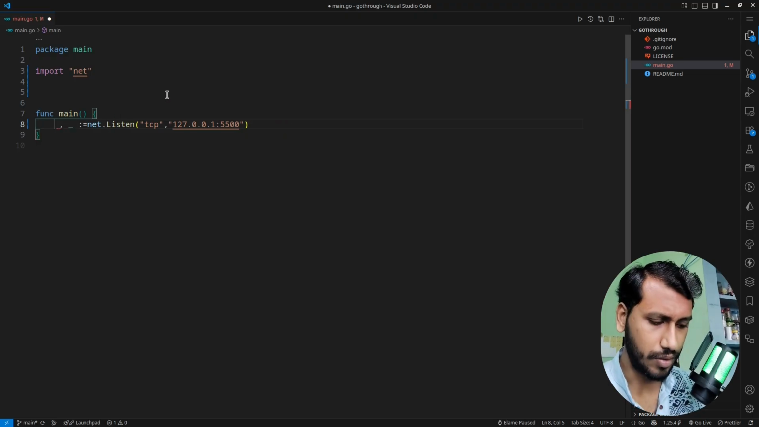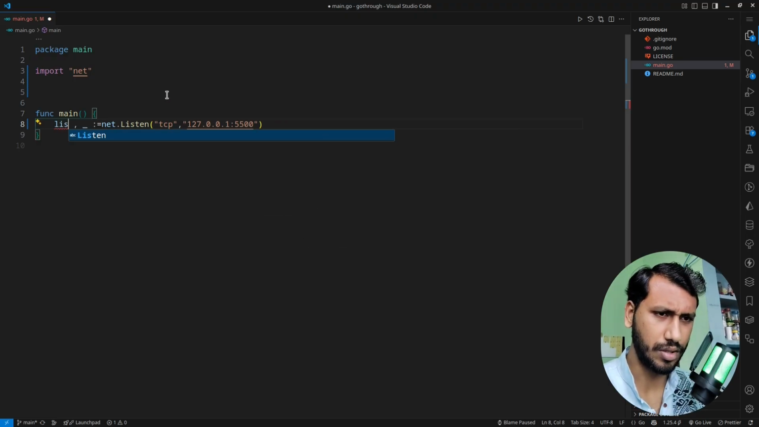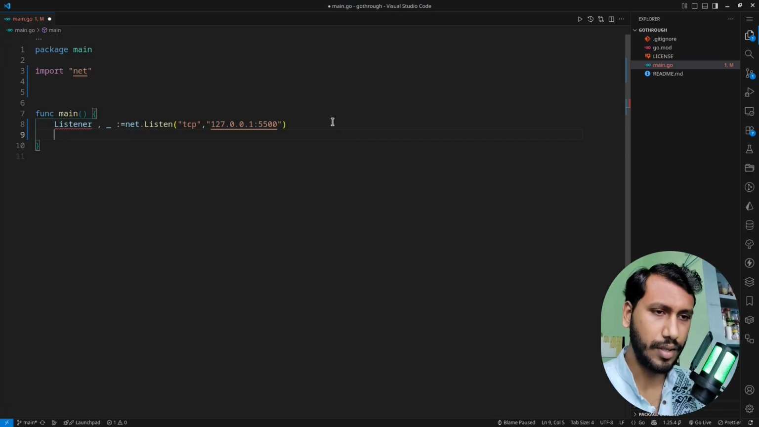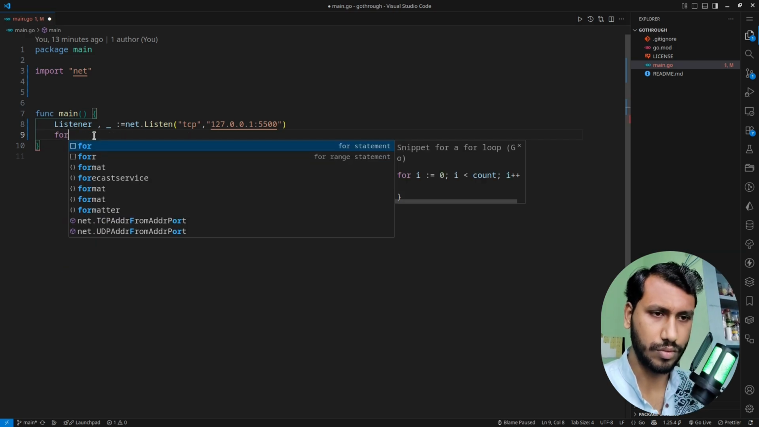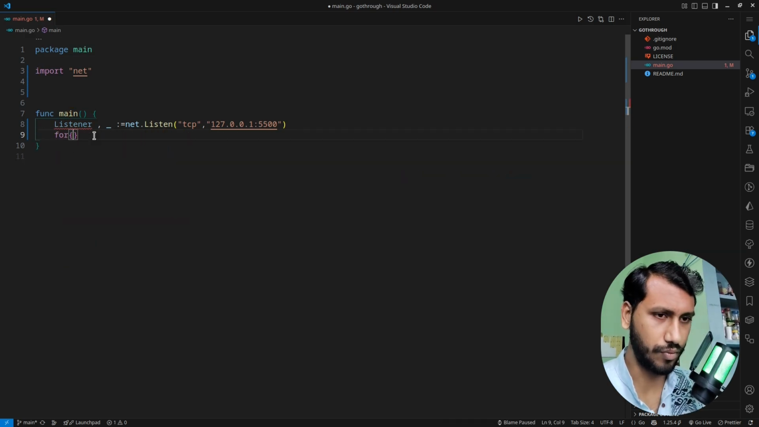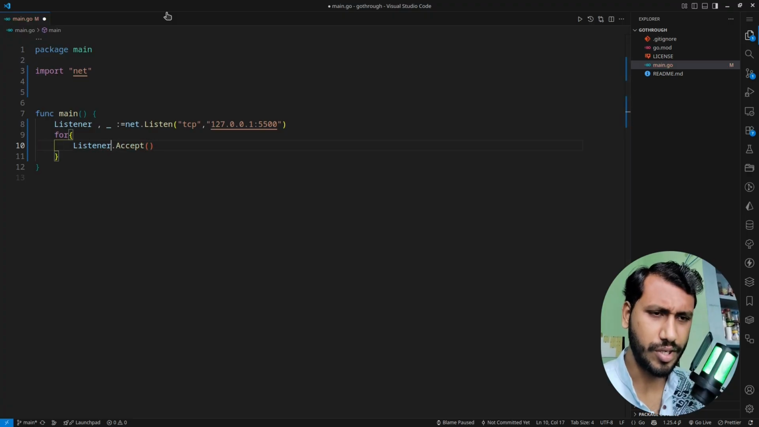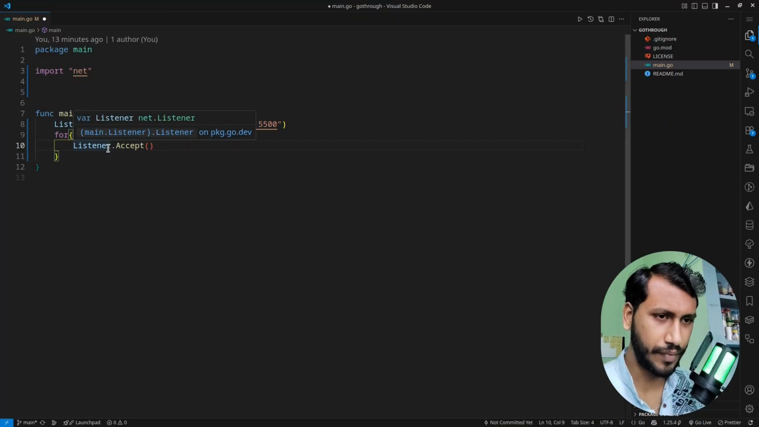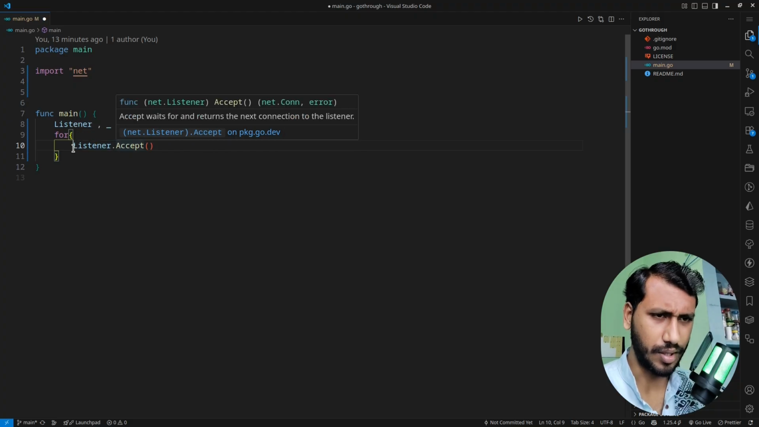Is the spelling correct? Now using this listener, we are going to listen for connections. Now what we will do, create a for loop, and inside that for loop, we will say dot accept. If we receive any connection on this port number and this address, we are going to accept it, and we will